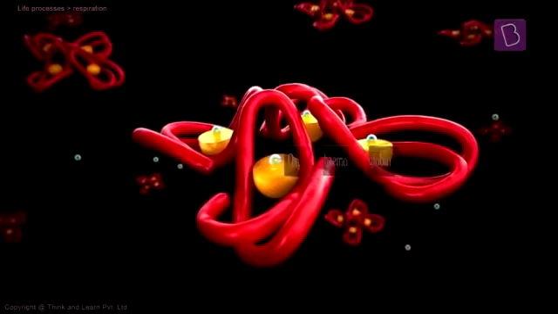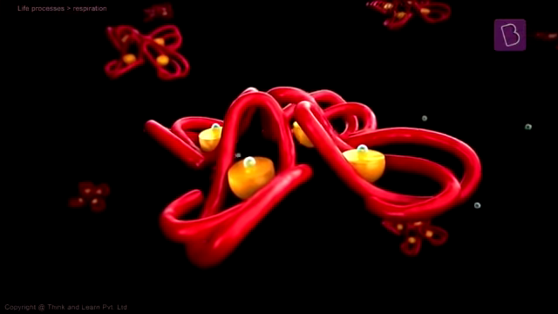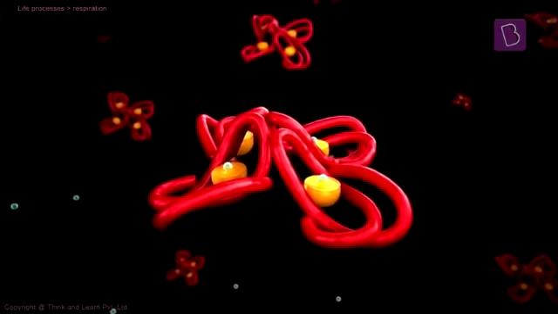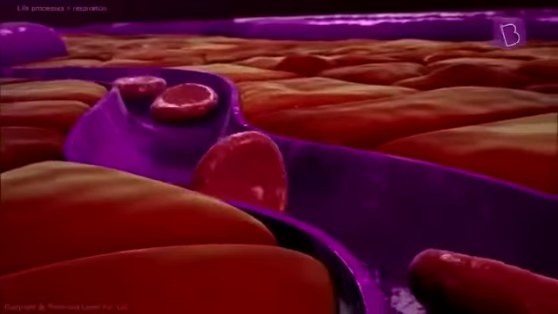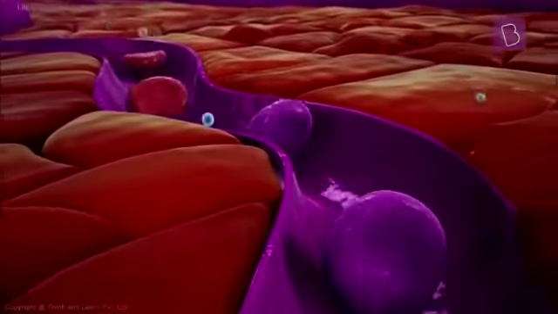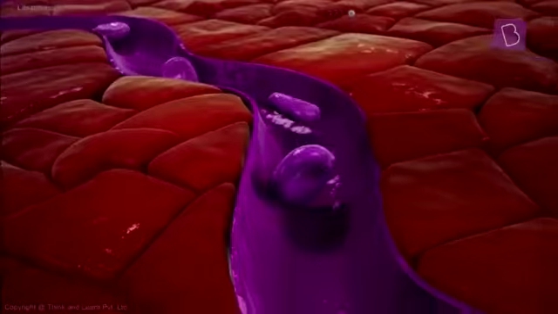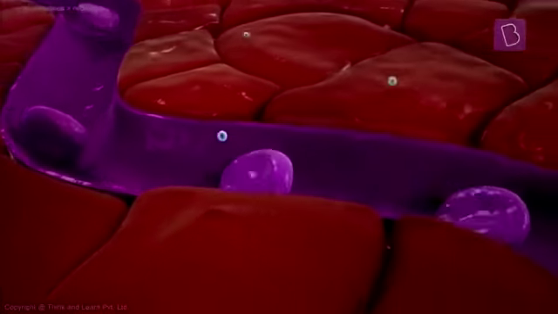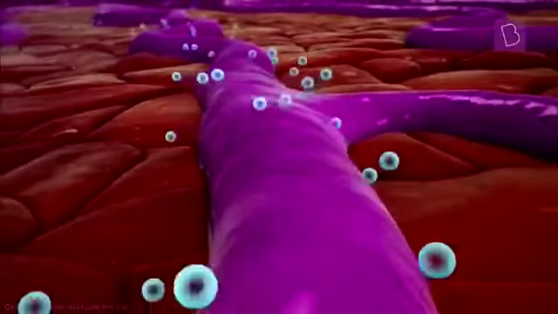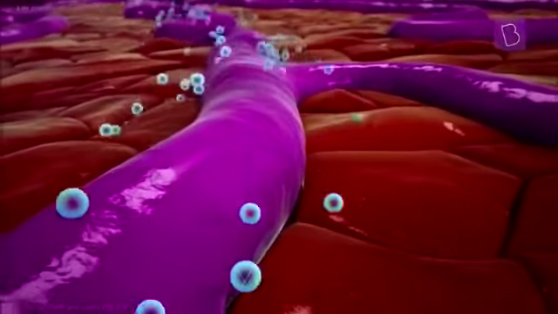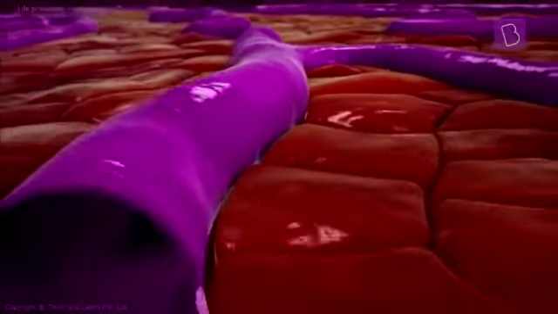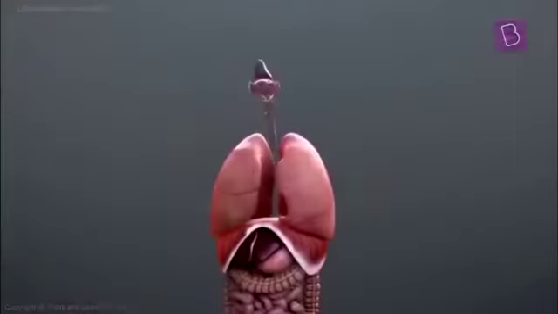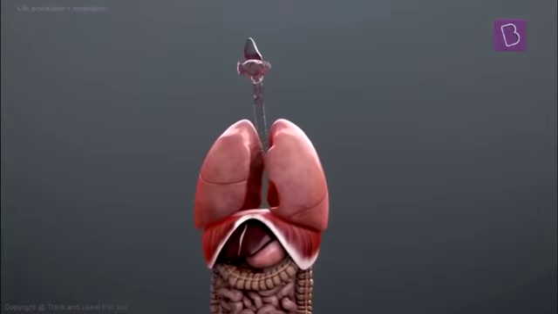The oxyhemoglobin, which is an unstable compound, is carried by the blood to different tissues of the body. The low oxygen concentration in these tissues leads to dissociation of oxyhemoglobin into oxygen and hemoglobin. This oxygen then diffuses into the cells and deoxygenated blood then returns back to the lungs. So the process of breathing in air rich in oxygen is called